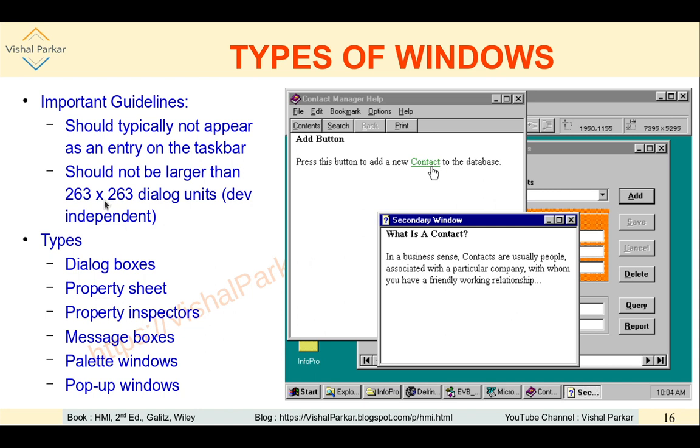Whatever the screen size, the dialog units will vary accordingly. There are types of secondary windows: dialog boxes, property sheets, property inspectors, message boxes, palette windows, and pop-up windows.